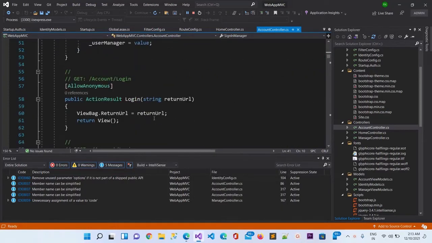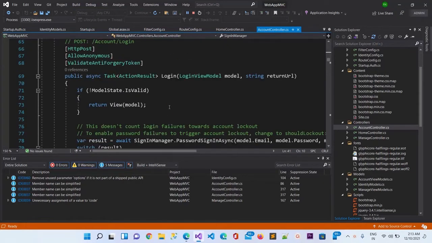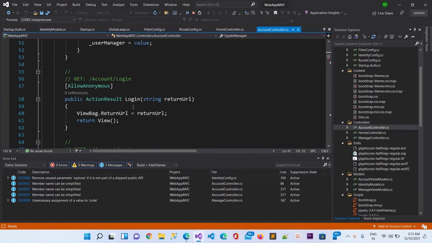This is the AllowAnonymous, and this is the post login. So I will add one breakpoint. This is the get, so first it will load, so let me put one here as well.